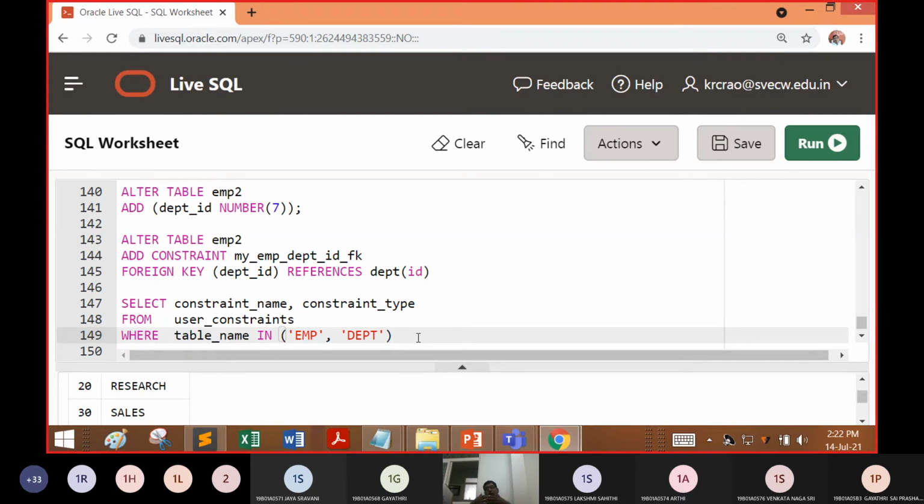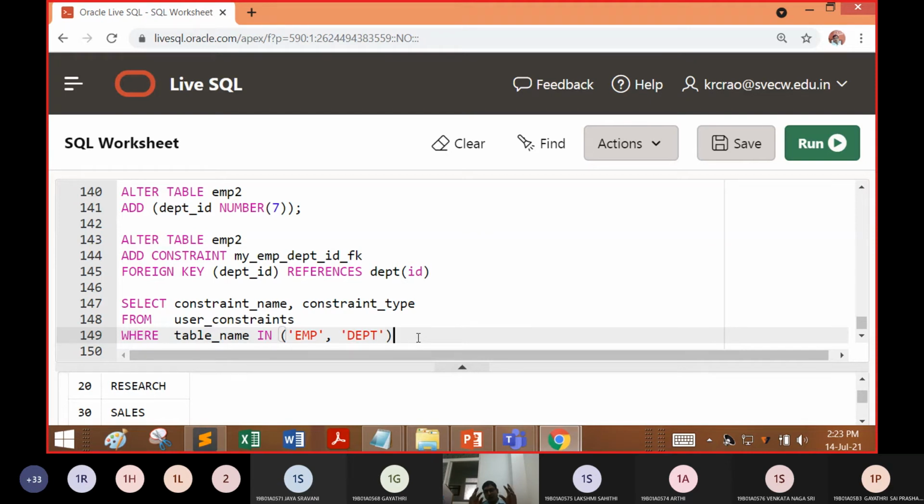As we mentioned, with user underscore table, the Oracle server keeps a list of whatever tables have been created. In that, it makes divisions: what are primary keys, what are constraints, what are not null. Every division is made separately internally.